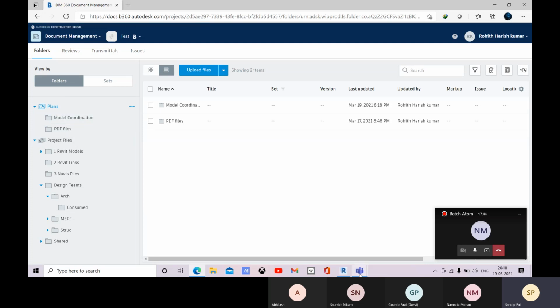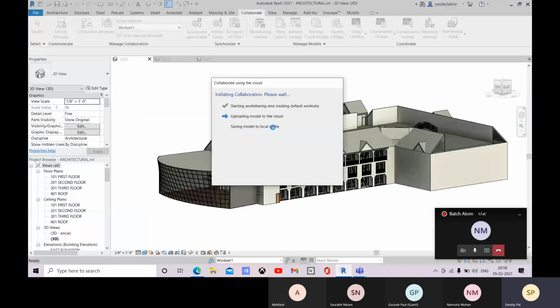So that is your model coordination folder now, and it is taking time.